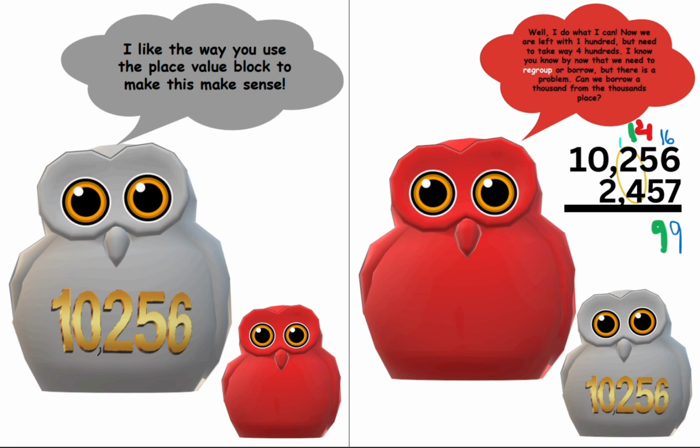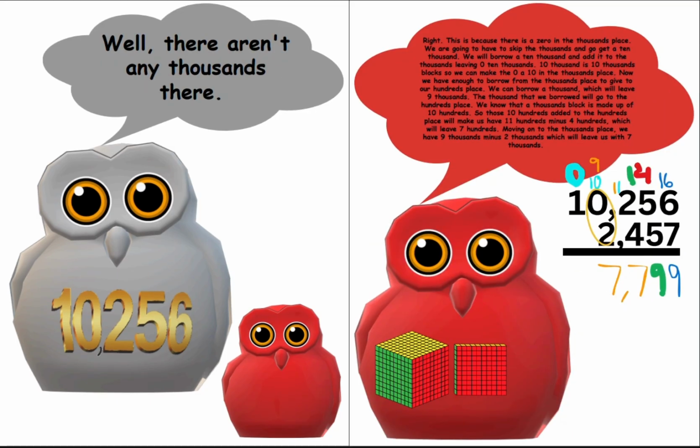Now we are left with 100, but need to take away 400s. I know you know by now that we need to regroup or borrow, but there is a problem. Can we borrow 1,000 from the thousands place? Well, there aren't any thousands there. Right. This is because there is a 0 in the thousands place. We're going to have to skip the thousands and go get a 10,000s. We will borrow a 10,000 and add it to the thousands, leaving